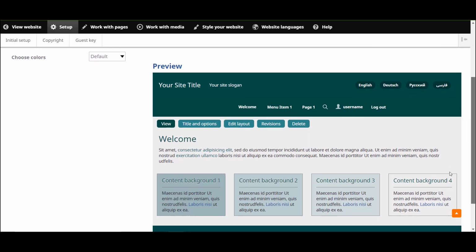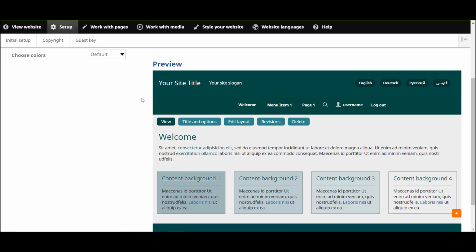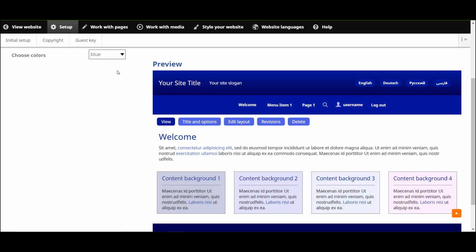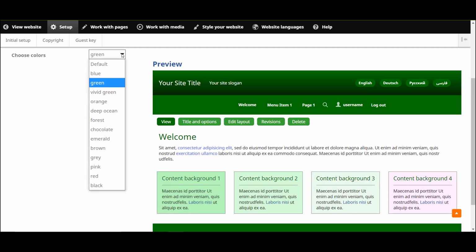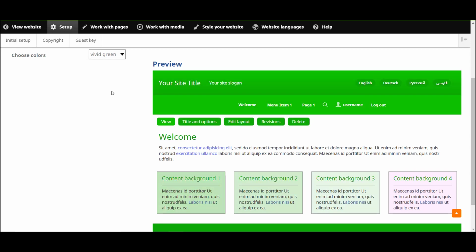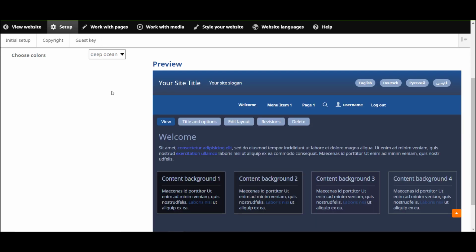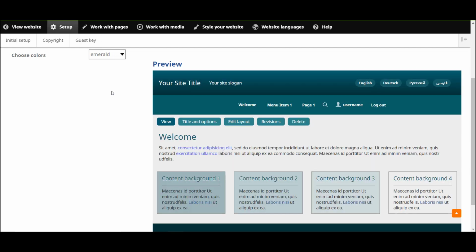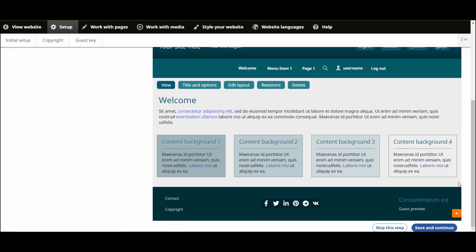You notice that a sample page is provided to give you an idea of the different elements and how they change when you choose a different color. To choose a different color, click the drop-down arrow and click on the color you want to look at. Or, if you find it easier, once you have clicked on the color, you can use the up arrow or down arrow on your keyboard to look at the different options. Once you have made your choice, scroll to the very bottom and click Save and Continue.